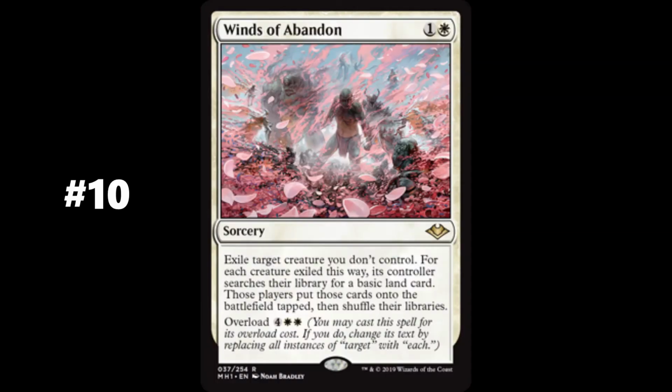For 1 and a white, exile target creature you don't control, and for each creature exiled this way, its controller searches their library for a basic land and puts these cards onto the battlefield tapped. When the overload cost of 4 and 2 white is paid, exile each creature you don't control instead. There's a good possibility that a lot of opponents' basic lands will enter the battlefield after overloading a Winds of